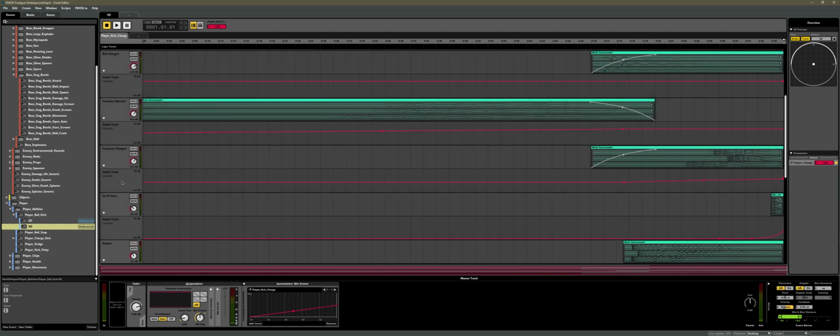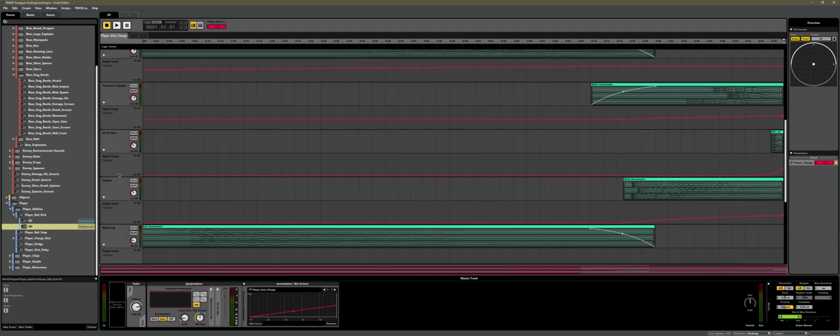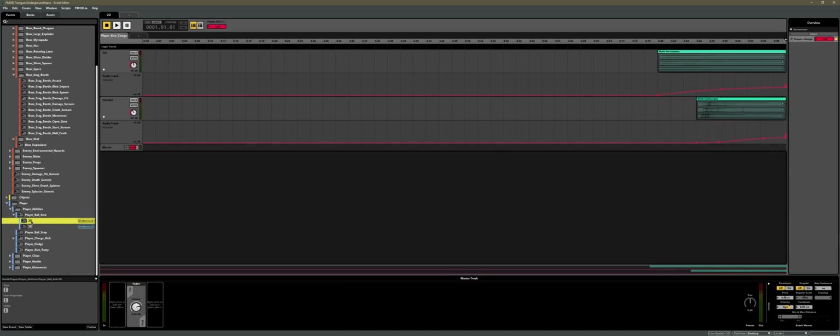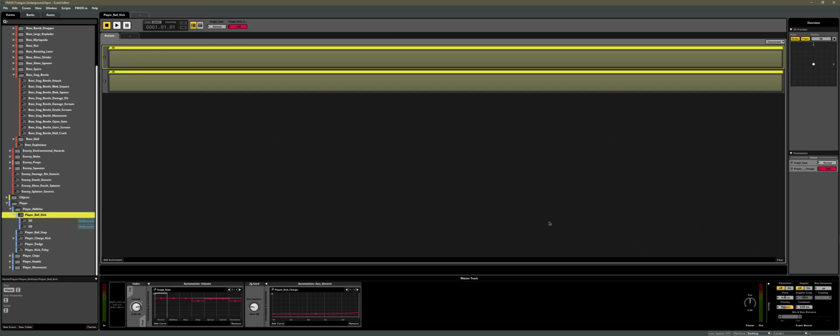And I wanted to emphasize this fully charged state of the shot with some room filling 2D sounds as well. So I added the 2D layer, which is in fact a thunderclap and some long tail. And blending these together,